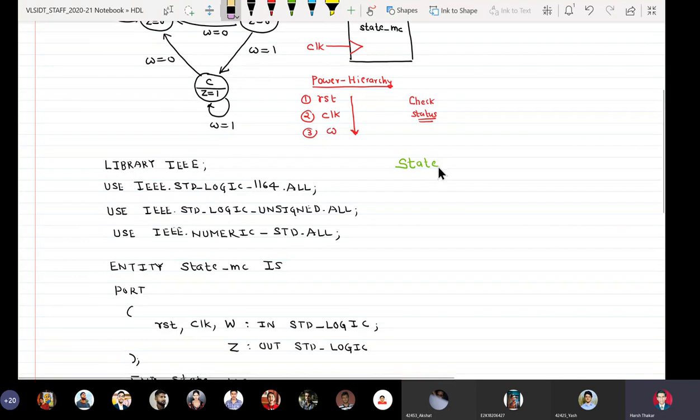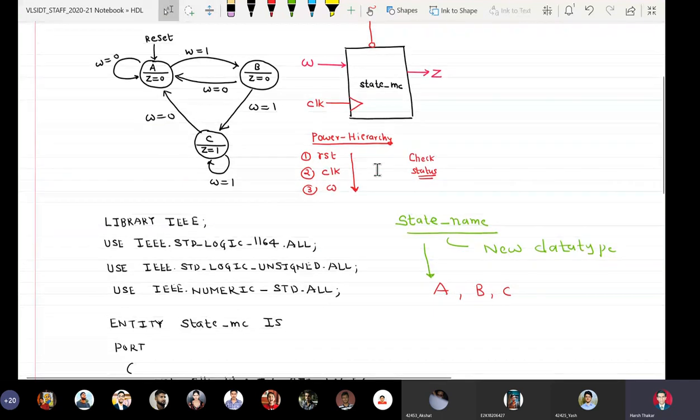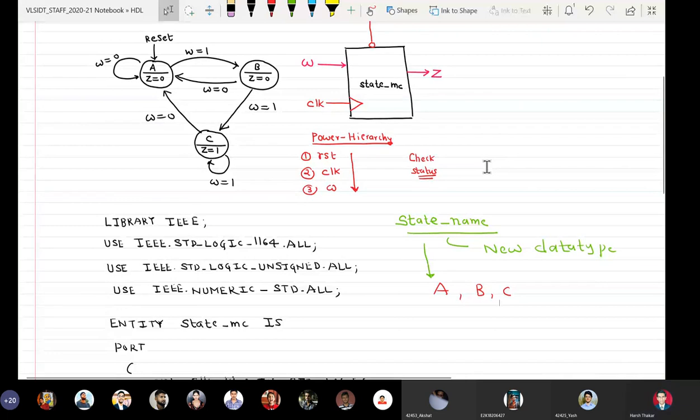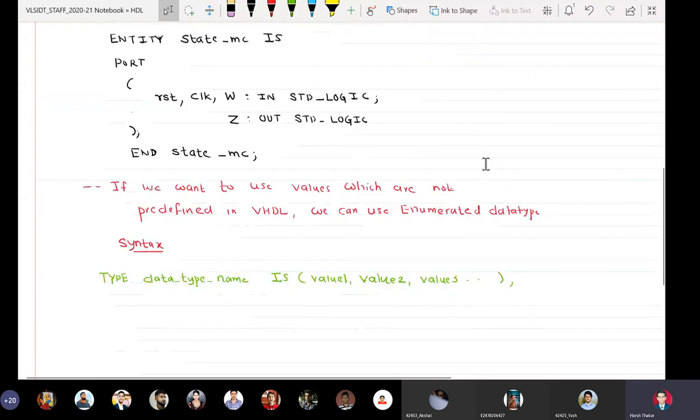State underscore name is the new data type which is not available in VHDL, and this particular new data type can have three possible values: A, comma, B, comma, C. Our state machine goes through these three states and the names given to the states are A, B and C, and because A, B and C are not available ready-made in the language, this is our way out: we define one new data type whose name is state underscore name, and the set of values which this data type can have is A, B and C.